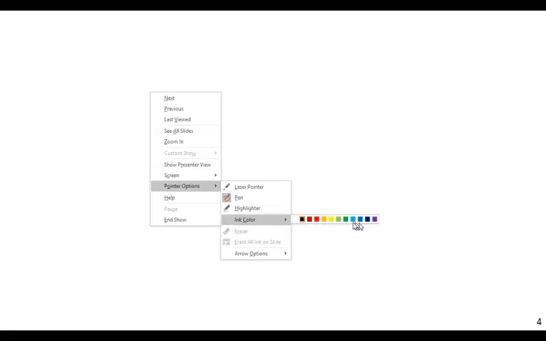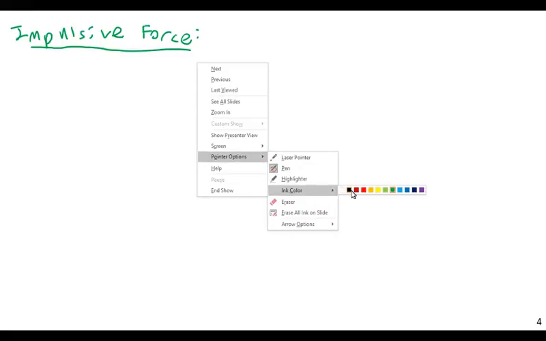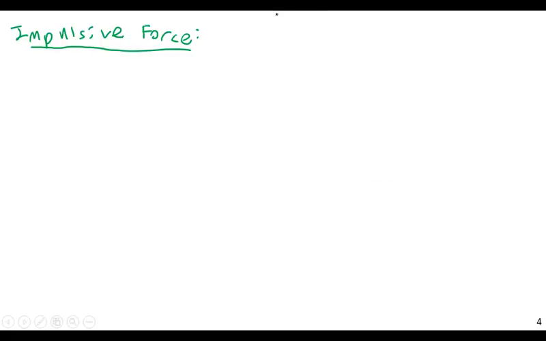So let us define something that we call impulsive force. Essentially, what I mean by an impulsive force is a force that acts on a particle over a very short period of time,